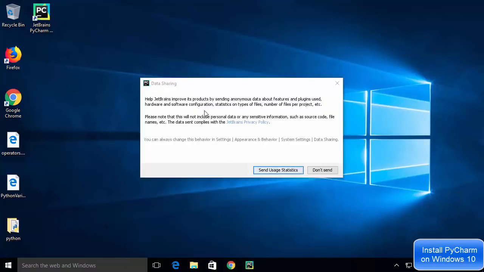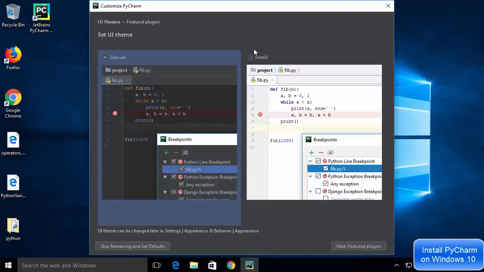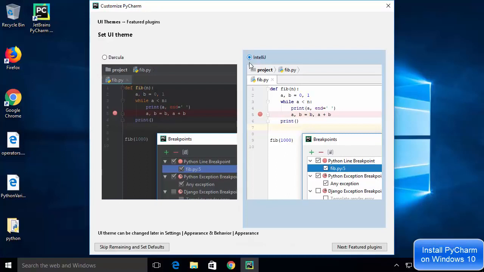And one more window appears here, which is for data sharing. So I'm going to just say don't send. And now you can see PyCharm IDE has been launched. So for the first time, it will ask you which UI theme you want to use. You want to use the Darcula, which is the dark theme, or the IntelliJ theme, which is the light theme. So I'm going to choose this light theme, which is IntelliJ theme, and then I'm going to just click on